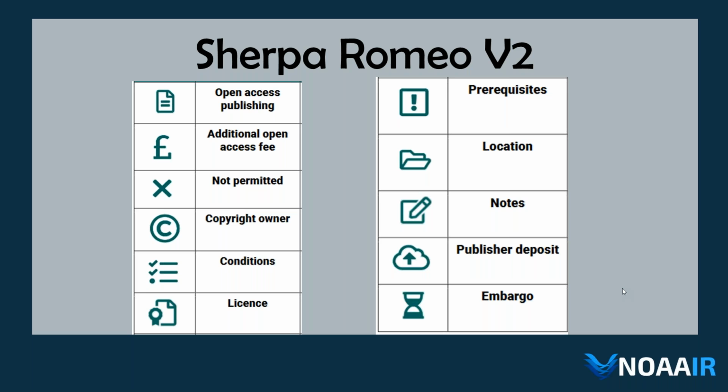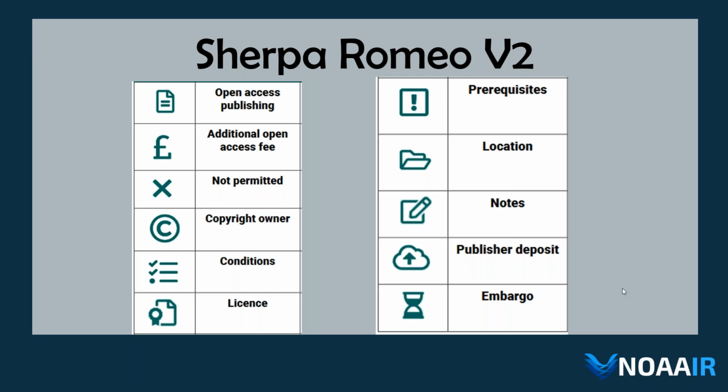I'm not going to get too in depth in it. Some of them are self-explanatory and some of them are actually explained when you open up the specific policy and pathway, which we're going to see in a bit. But some of the more pertinent ones are open access publishing. That's the pathway that includes open access publishing. Additional open access fee. So some pathways are referencing if you have paid that open access fee on a hybrid open access journal,